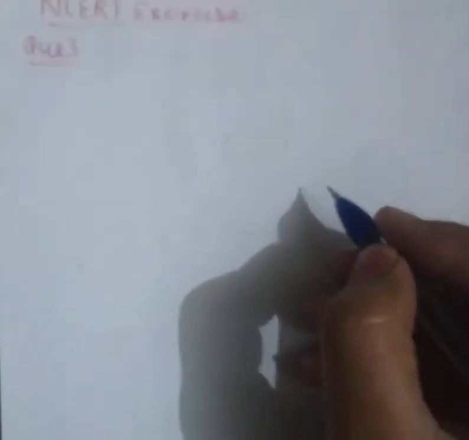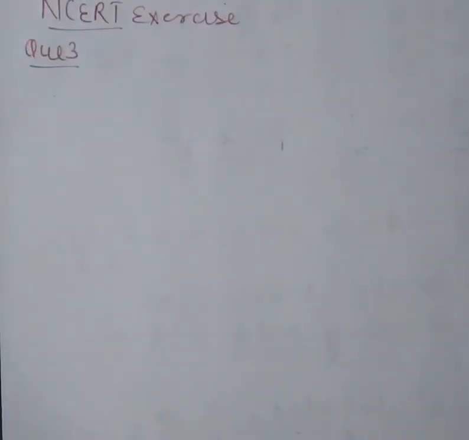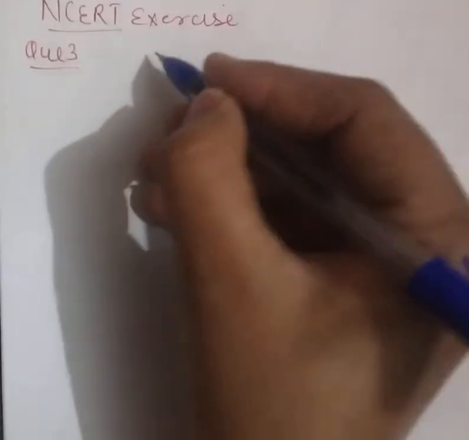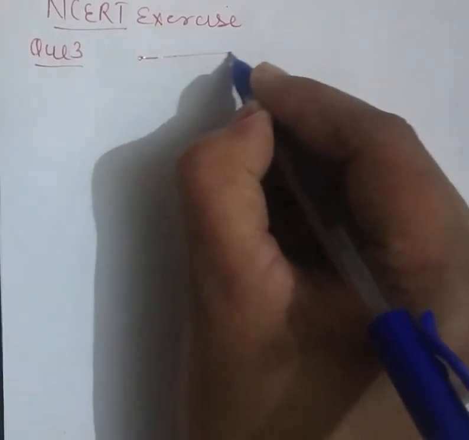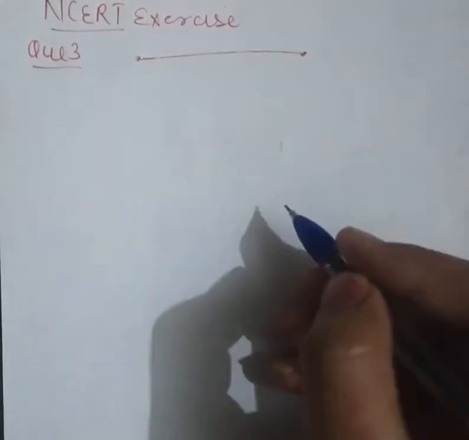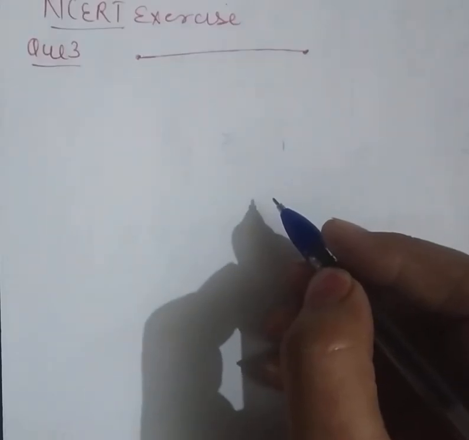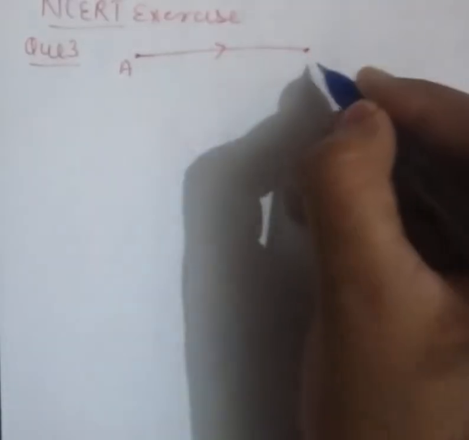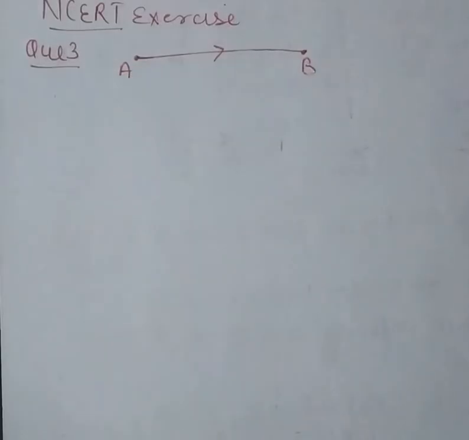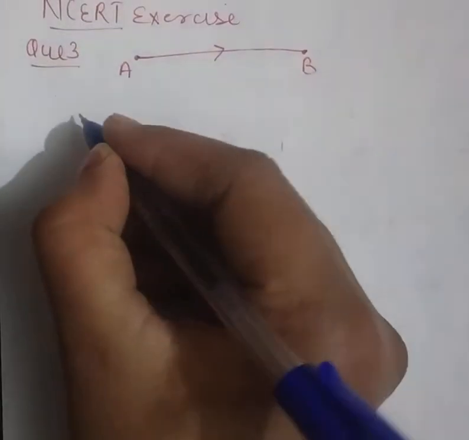Okay, so what is given to us? As usual, you have to read the statement from NCERT, but I am making you understand what is given in your statement. Abdul, while going to school, computes the average speed for his trip is 20 km per hour. It means while going from A to B, average speed is 20 km per hour.